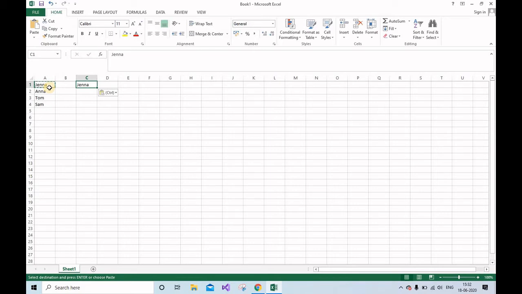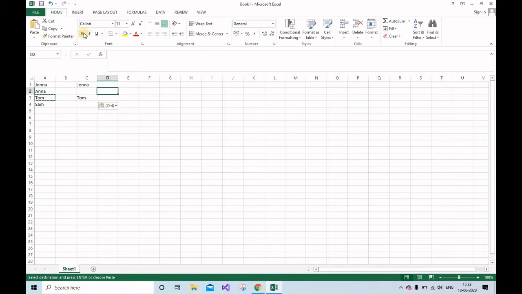And this is the shortcut form, but if you want the longer form, you need to go here, do copy, go to the cell where you want to paste, then go to paste and paste it. So this is the first function, copy and paste, which with the shortcuts you can do in 1 second. Just do Control C and Control V for copy and paste.